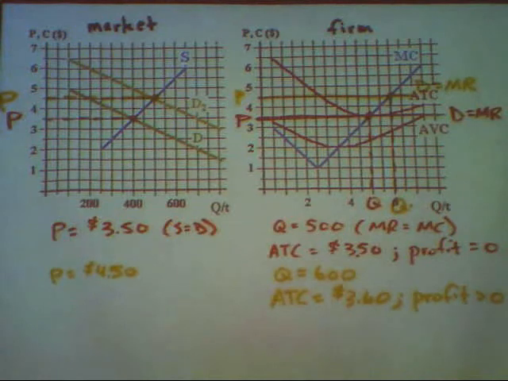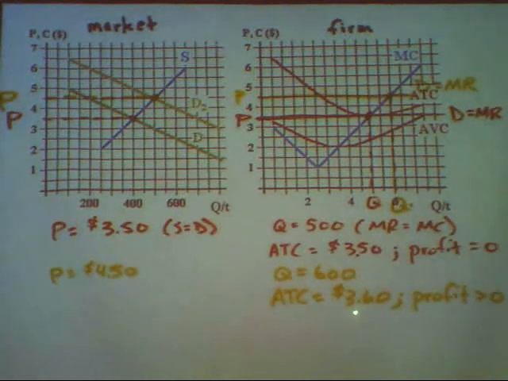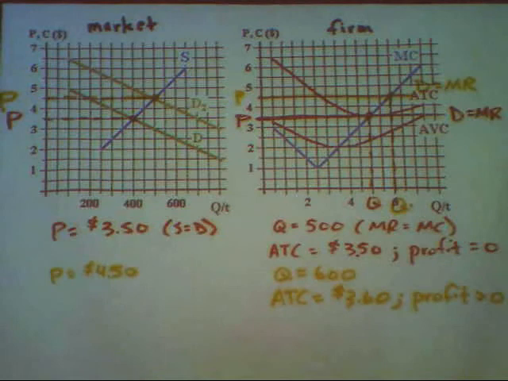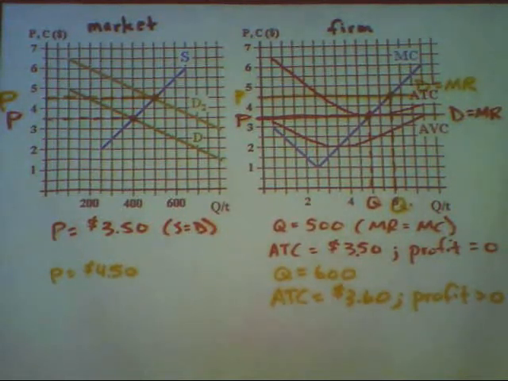which means since the price is now above the average total cost, they're making a positive profit. We could estimate how much it is. It would be about 90 cents. The difference between the price and the ATC, 90 cents times 600 would be about $540 of profit. But if you're making positive economic profit, in the long run, that means more firms will enter